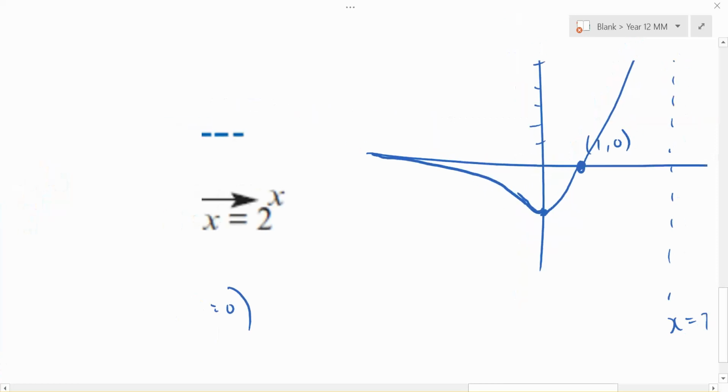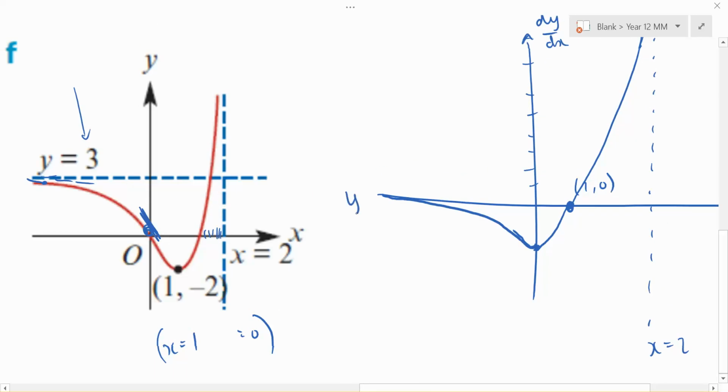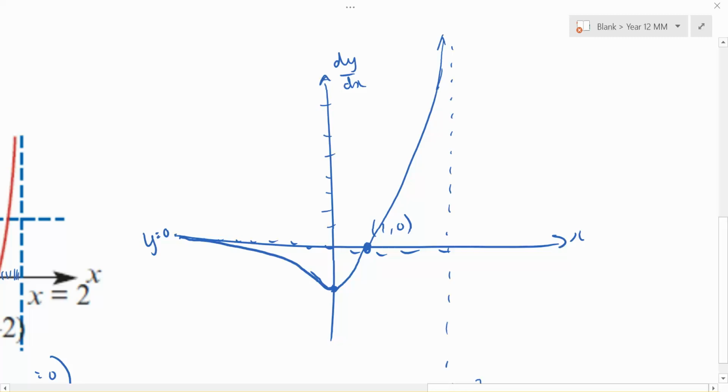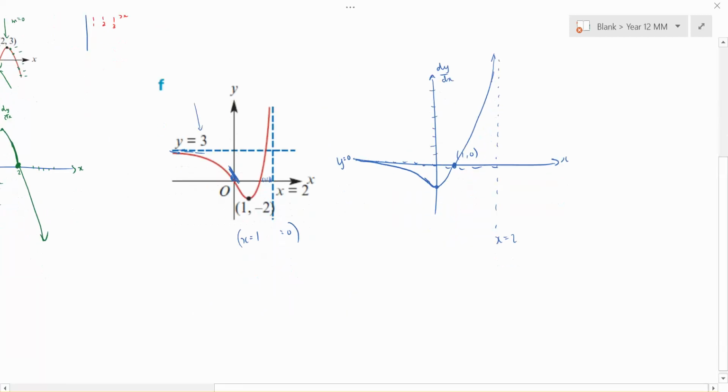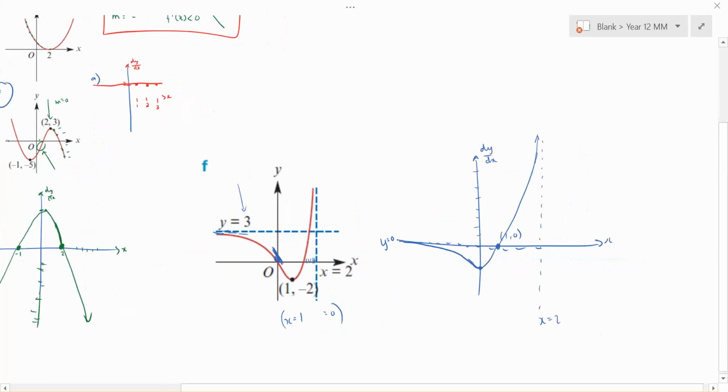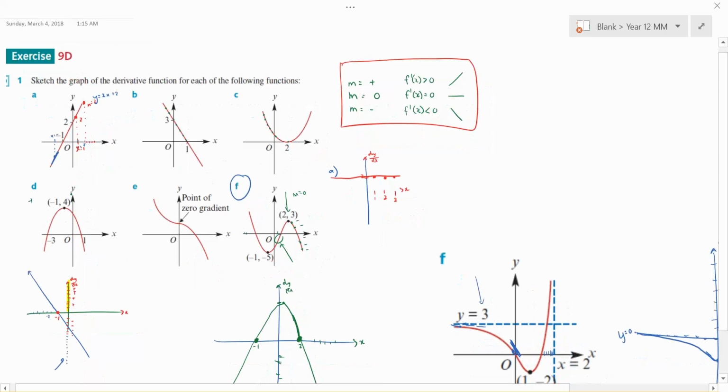Okay, so this is roughly the graph, and you have to draw out the asymptote y equals 0. But that's how you would do exercise 9D question 2F. Okay, and just to finish off the video as well,